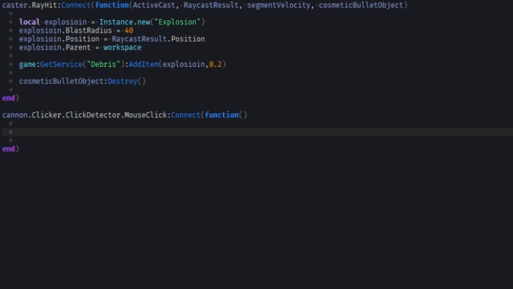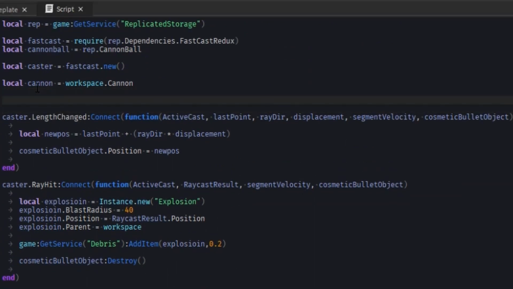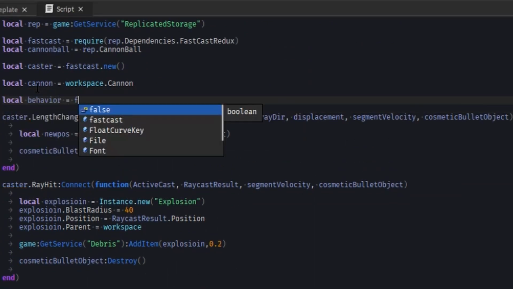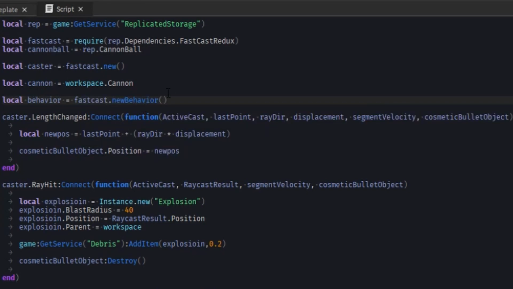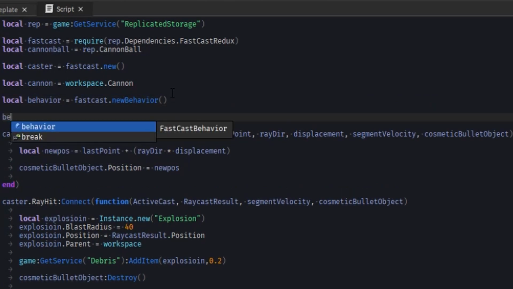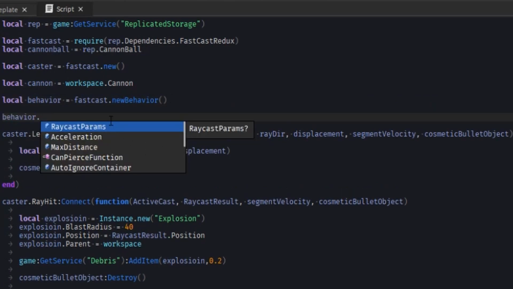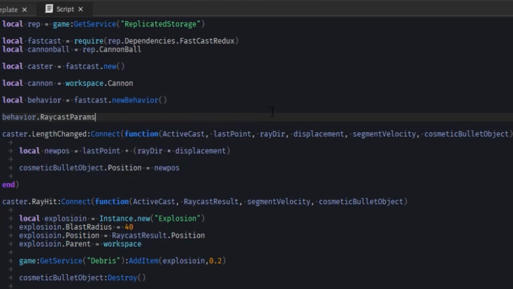Alright, well, what we're going to need as well is behavior for our projectile. Local behavior equals FastCast.new behavior, and this will return a table which has a bunch of different things. So we have our raycast parameters, so we'll know what to ignore, and obviously this is going to be our cannon, so we'll actually make raycast params for that.